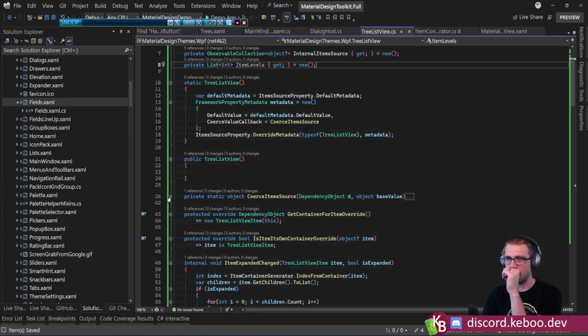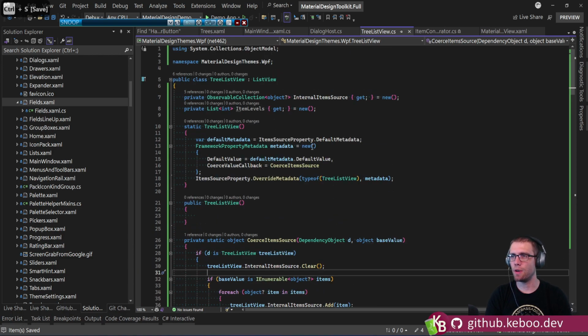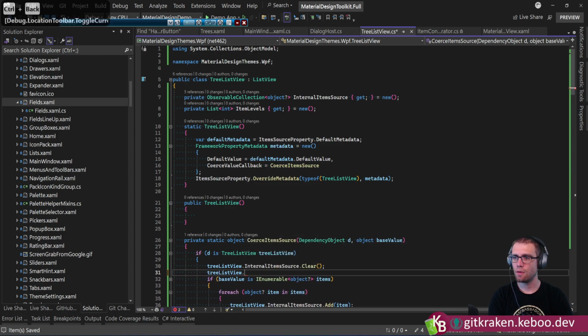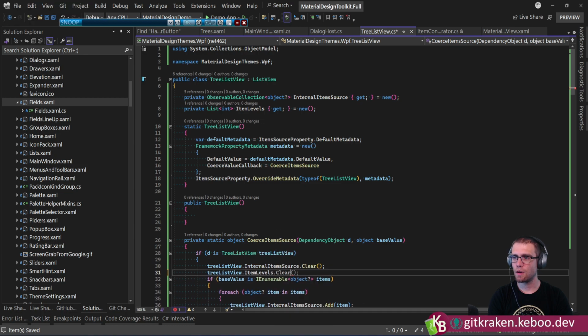Yeah, so this guy here, every time we insert an item, we need to go through and... this is why I kind of want to put my own wrapper over this, but tree list view, item levels, clear, and then